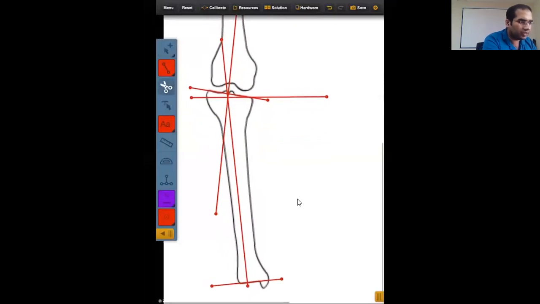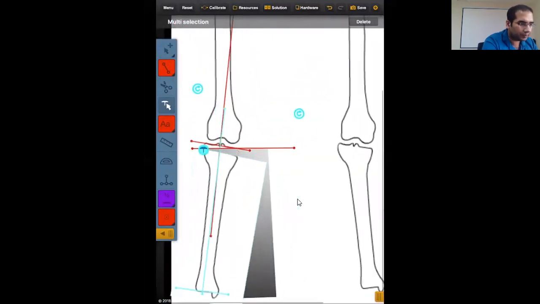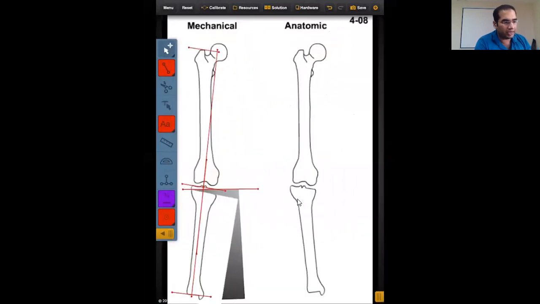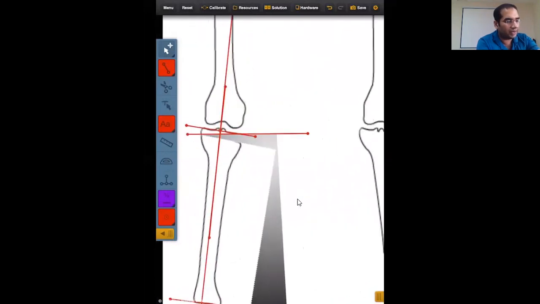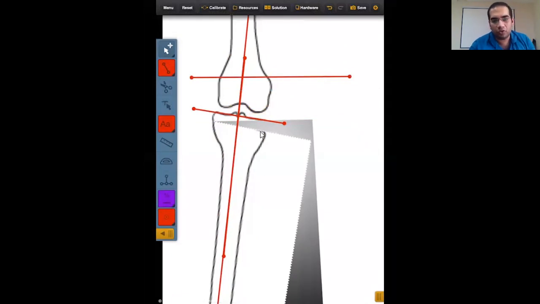So what is going to happen? Let's think that we're going to do an osteotomy no matter what. We're going to do an osteotomy over here. We have placed the hinge over here, and see, we have corrected the deformity and we have restored the joint orientation and the deformity. But this osteotomy is not practical. Nobody is going to do an osteotomy which is passing through the tibial condyle.